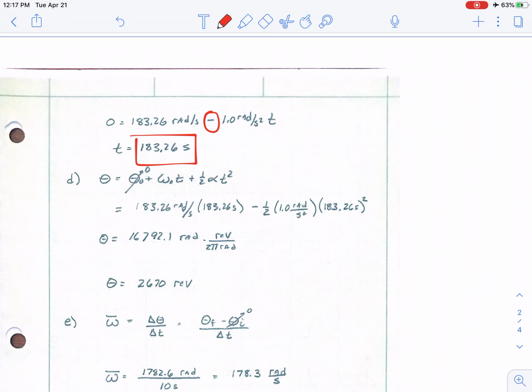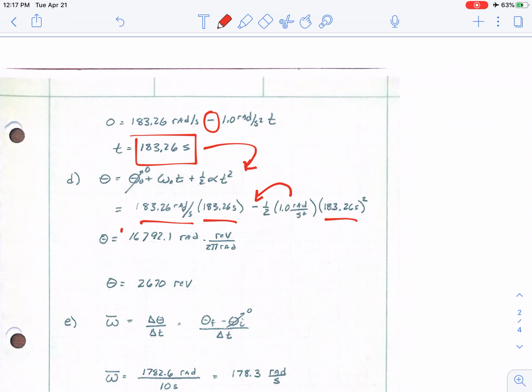Initially, we set the theta 0 to 0, so that is gone, and we're just plugging in the numbers. Omega 0 in radians per second is given here. And the time is, we need to use the time for the complete stop, right? Not 10 seconds, not 20, but the entire time. And again, the acceleration is negative. And if you look at the units as well, it's in SI units, and this is going to give you